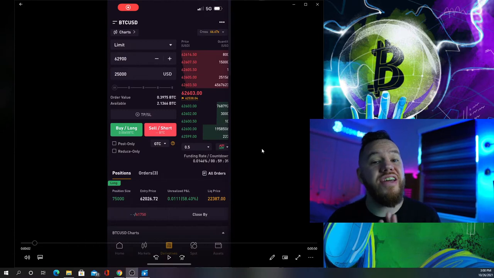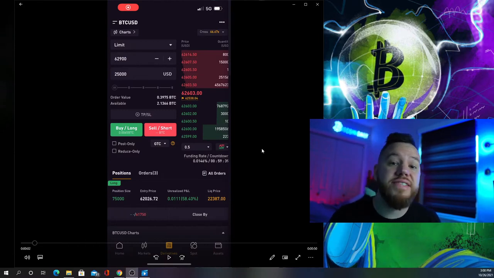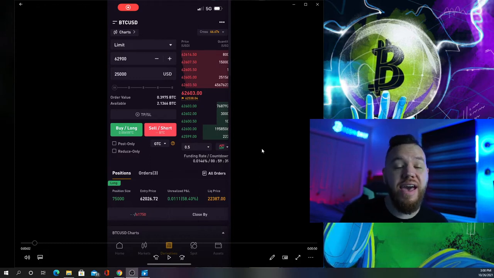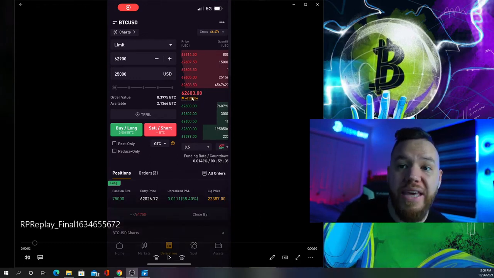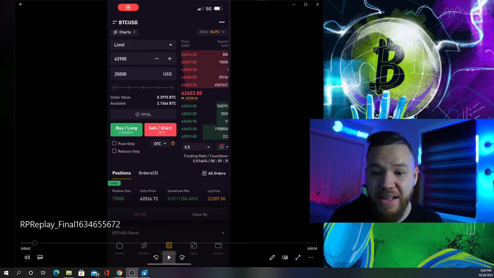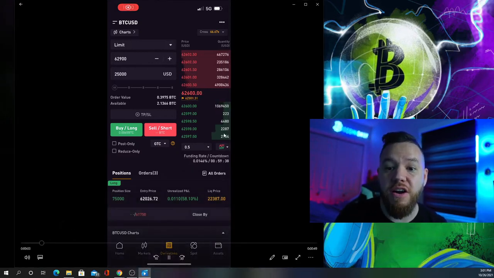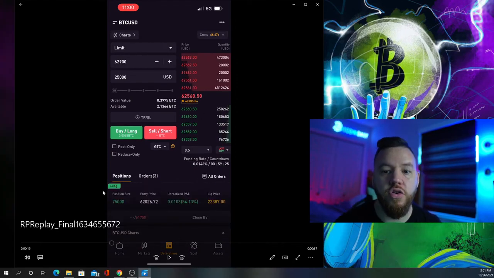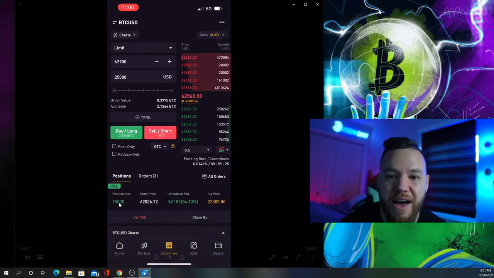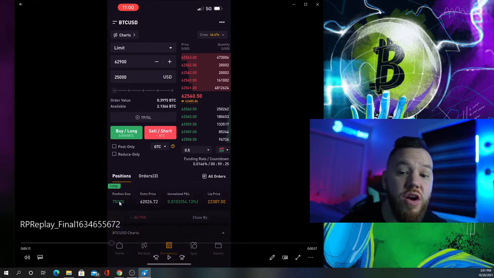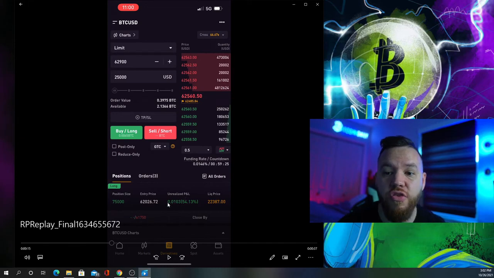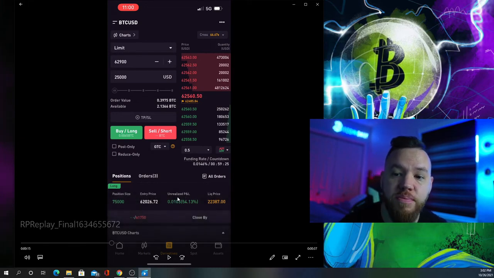All right, so now you're in the trade. You've set up your stop loss and your 3 different spots to take profit. And guess what? We hit our first area to take profit. We're above that, as you guys can see. So our take profit has already hit. So you'll notice now our position size is down to 75,000. Remember, we started with 100,000. So we're currently up 54% on our trade, and our unrealized profits is